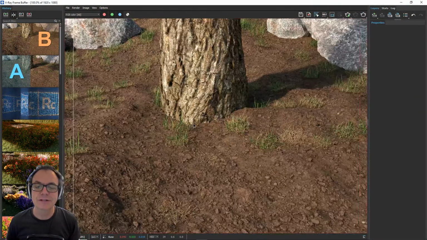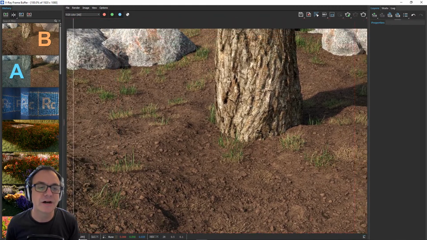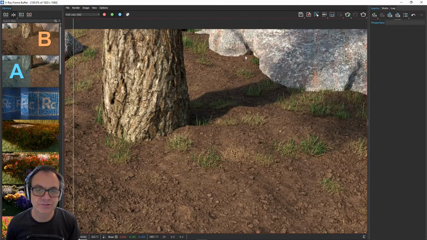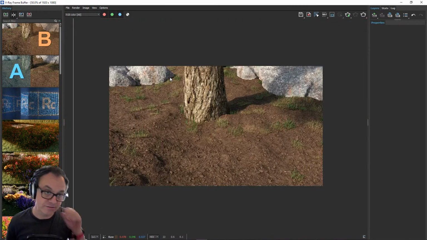And you should be able to see, if I zoom in here, the problem. So this is without the shader effect applied, and you can see where this tree meets the mud, it's a very hard line, and it's more pronounced on the rocks in the background. You see this, in reality some of this mud would splash up onto these rocks, the bottom of the tree, the earth would accumulate there, and we'd see a much smoother transition.